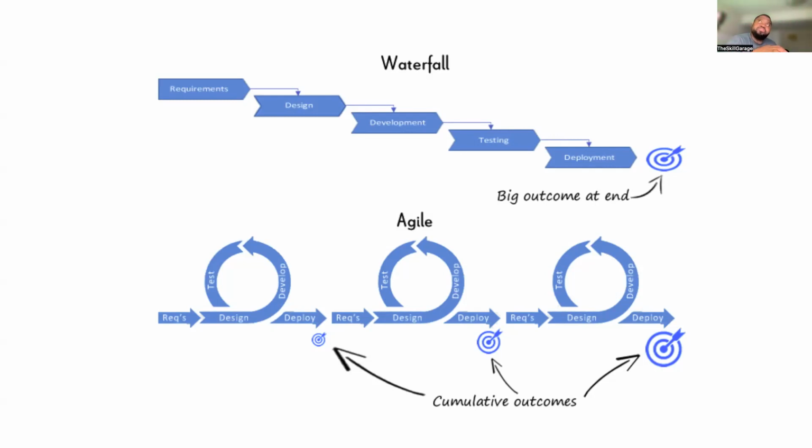How do I put it down? I want to use the right words. It is the minimum version of your product that you can ship to your customers that makes sense, that they can interact with. It doesn't have to have the complete features, but it has enough features for them to be able to interact and give you feedback, so that you can take that feedback and iterate from there.